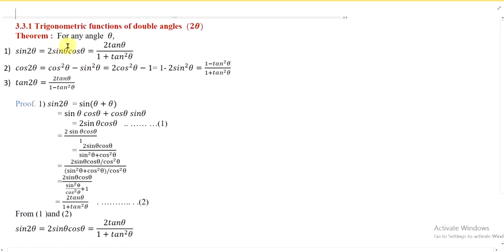And one more form of this result is 2 tan of theta upon 1 plus tan square theta, isn't it? That is, sine 2 theta can be expressed in terms of tan of theta also. And this result is very important for 12th standard when you will study derivatives and integration, and it will be a very useful formula for those chapters. So remember it very well.